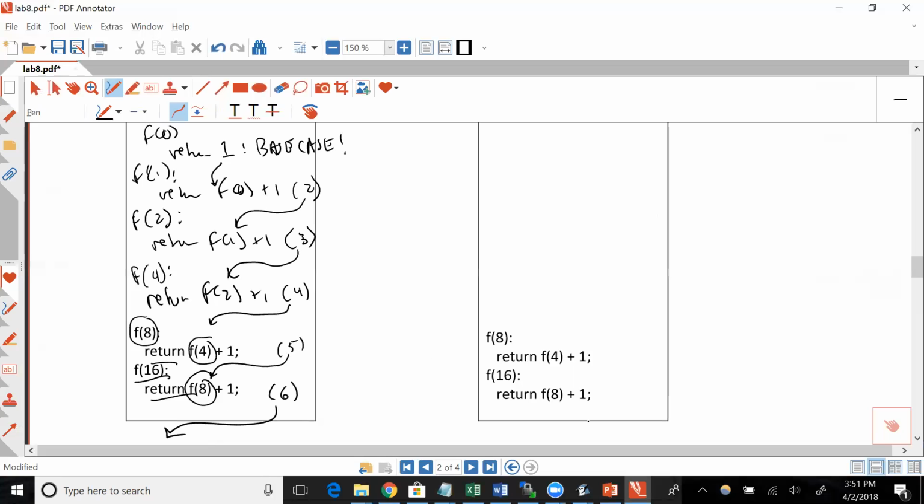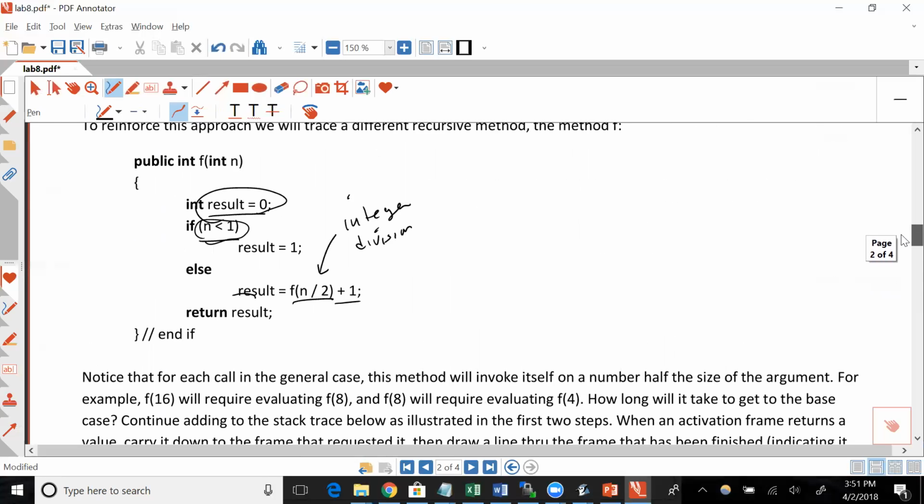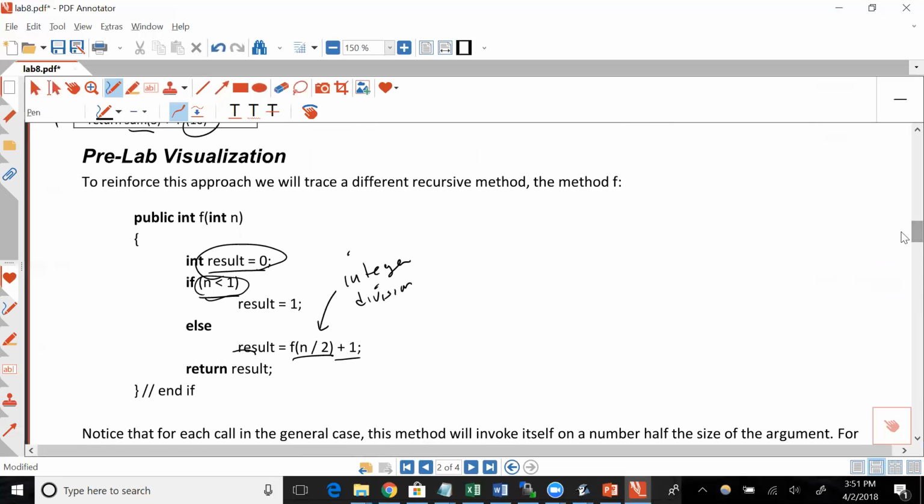So the answer is 6. Now, if you don't like that stack frame diagram, you could also do the indentation approach. I kind of like the indentation approach maybe a little better, but it's just another shorthand way of doing it, right? So in other words, if you want to do f of 16, you could do it like this, and f of 16 is going to